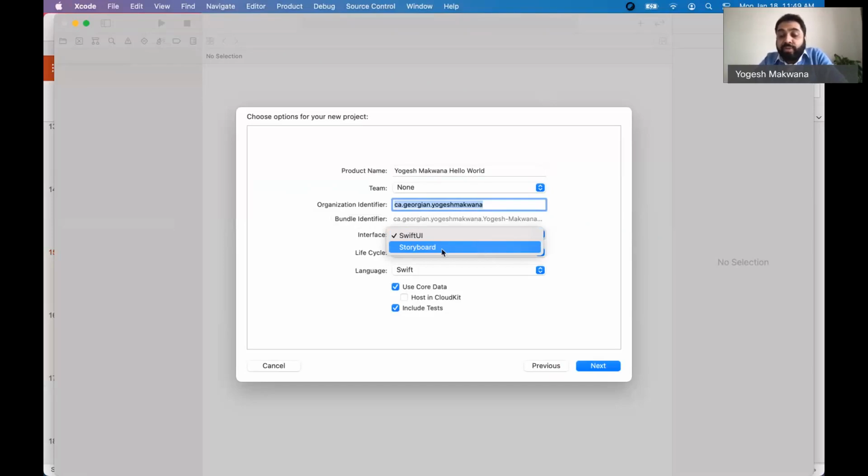And that's what we are going to start off with. We'll look at SwiftUI later on when we're looking at advanced topics, because it is a little bit more involved to use it and set it up as compared to storyboard. Most people find the storyboard approach more intuitive. So choose storyboard here. If you don't choose it, you will not be able to follow the rest of the